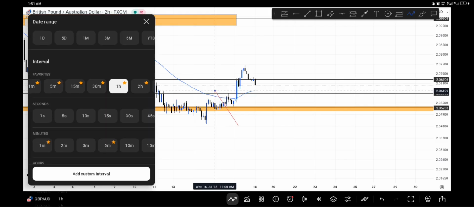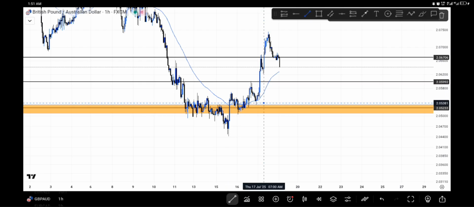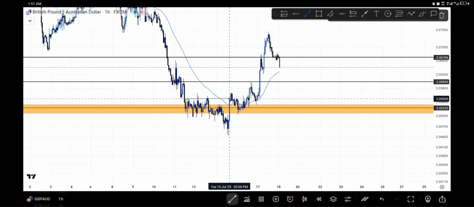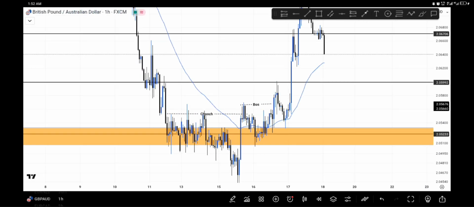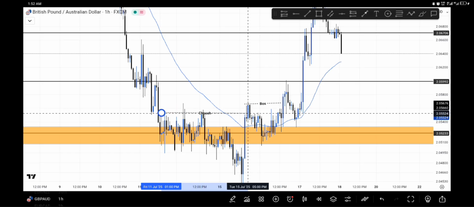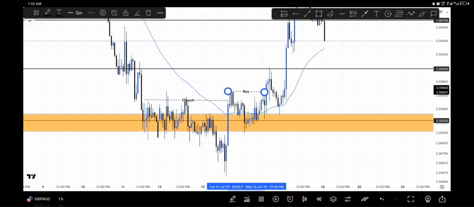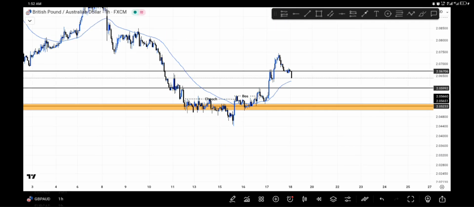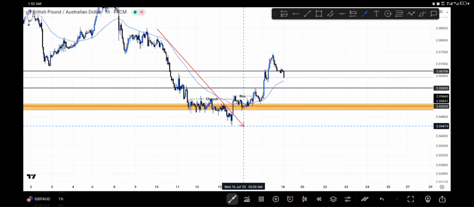So dropping down to the 1 hour time frame, you can see that there was a change of character at this point, guys. A change of character. I think I should name this. So guys, we can all see from this point there was a change of character, and a break of structure. Understand? Confirming a new move in the market in a new direction after this steep downtrend. You can see it was this change of character and a break of structure